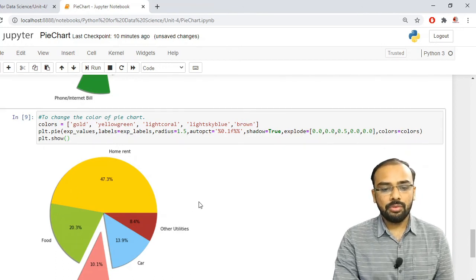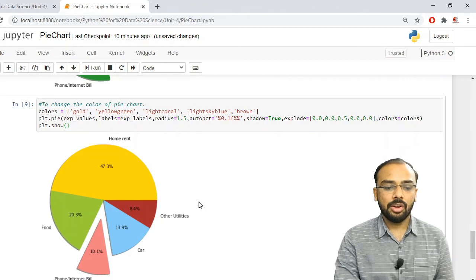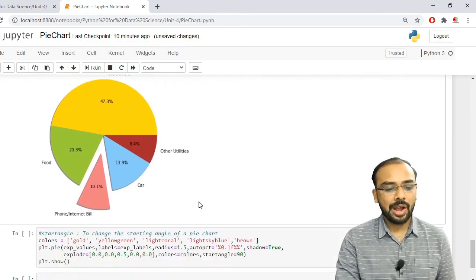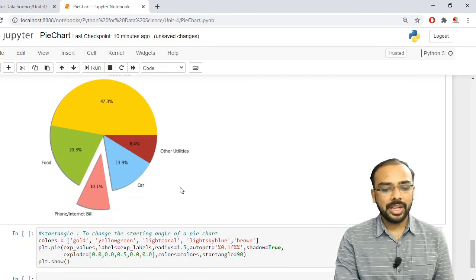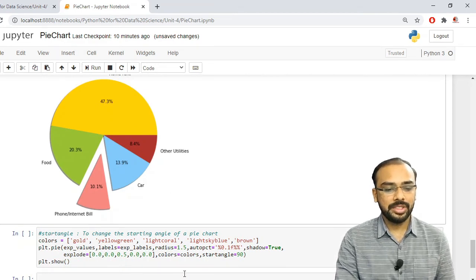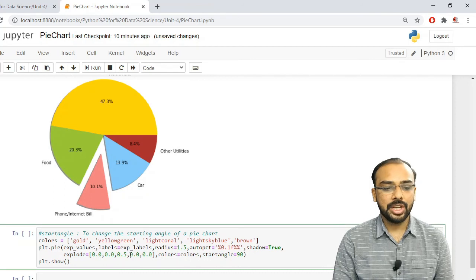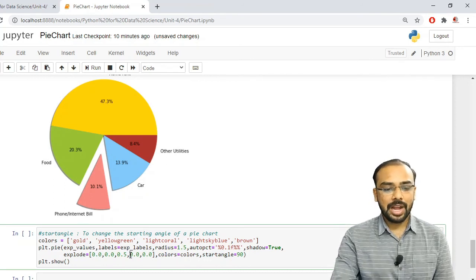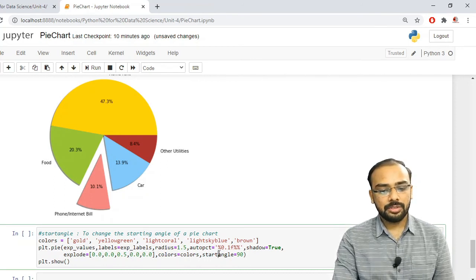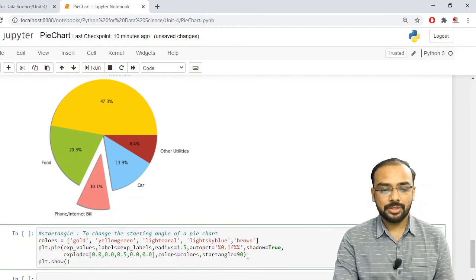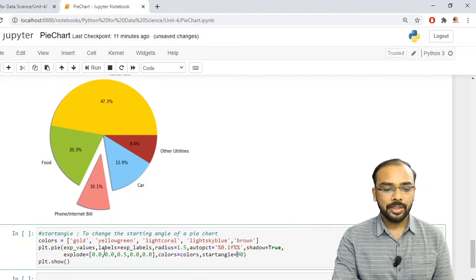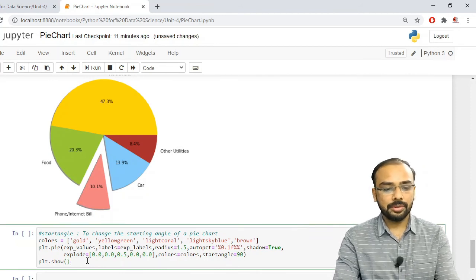Now what I want to do is change the angle of my pie chart. Is it possible? Yes, it is possible. How can we do that? For that, we again have an attribute named startangle. What will it indicate? It will indicate the starting angle of your pie chart from the center. We just need to specify startangle and its value. For example, I am giving a startangle value of 90. So let us run and check how it works.